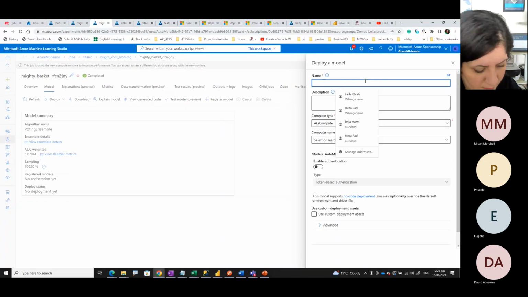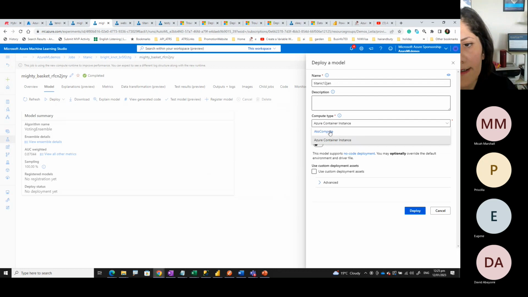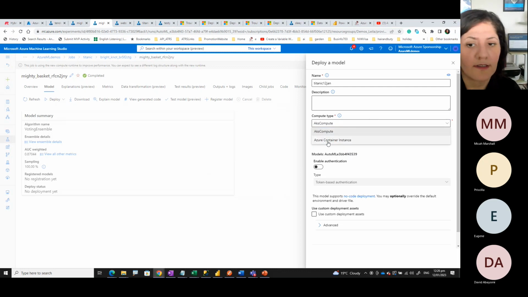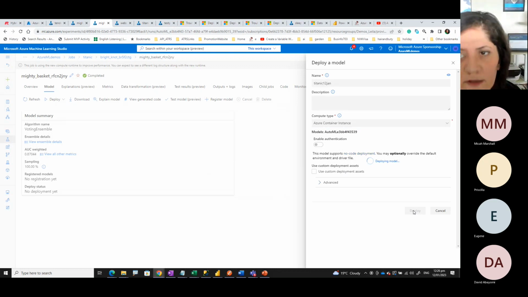So it asks me for a name, I call it Jan. For the compute type, I'm not going to use it for a big organization or use it widely for now. But if you want to, you can use AKS compute. For this process, I'm just going to use Azure Container Instance. You can provide the key, but I just ignore it. I'm going to deploy it. It takes a bit of time to deploy, but at the end,